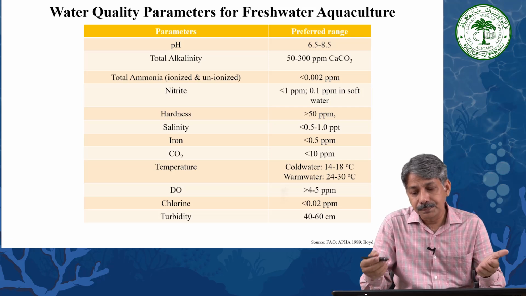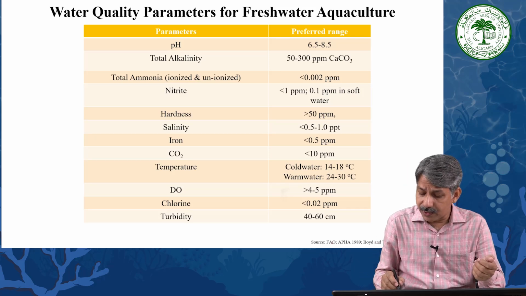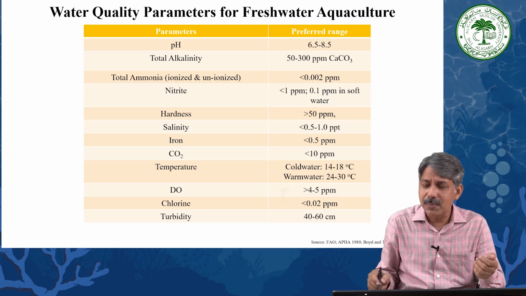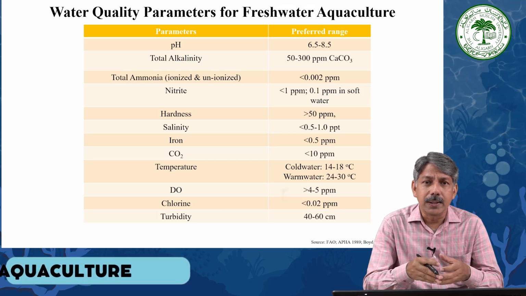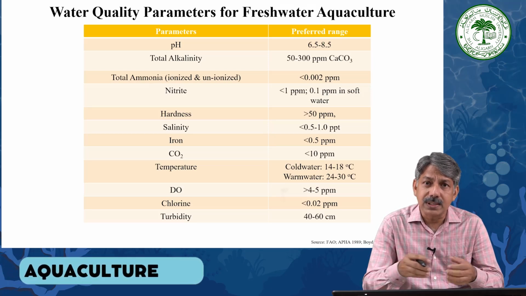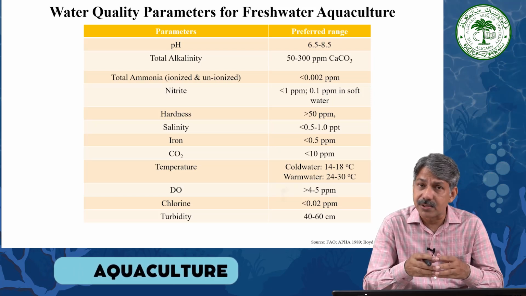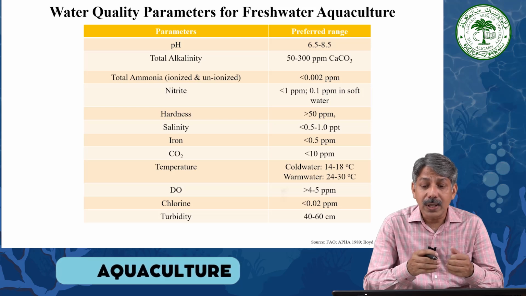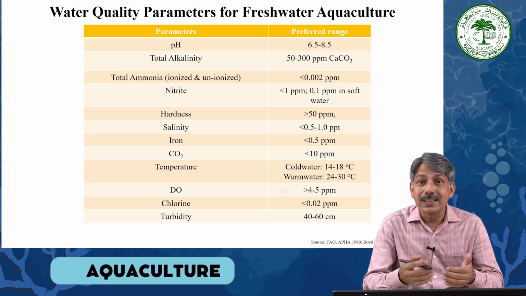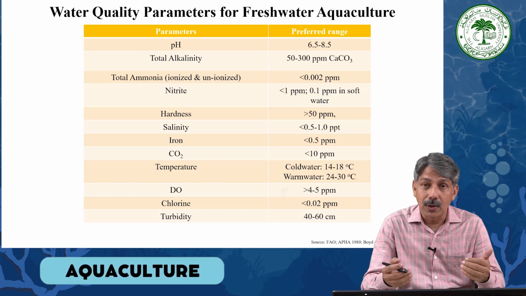There are some very important sources for this: FAO, APHA, and there are many publications. You can go to the Fisheries Institute's website, some of the authentic published literature, some of the academic institutions' websites. You can get the information on what is the preferred or optimal range of each parameter for different kinds of